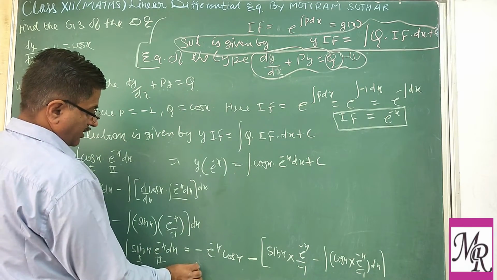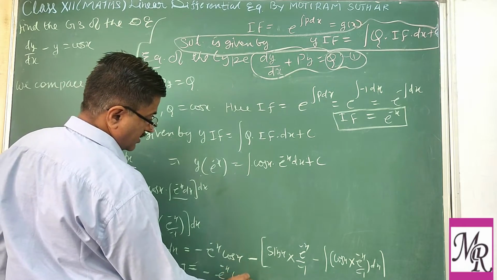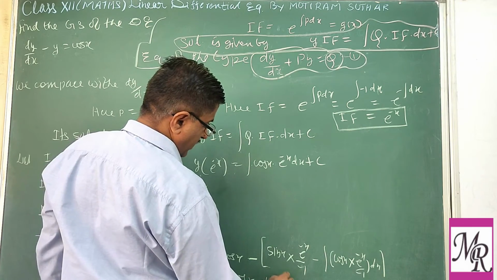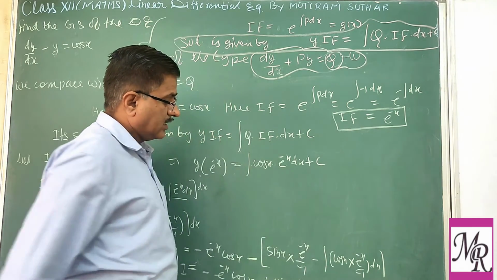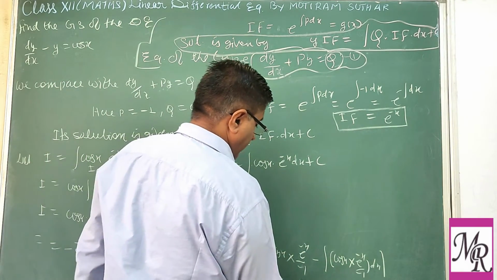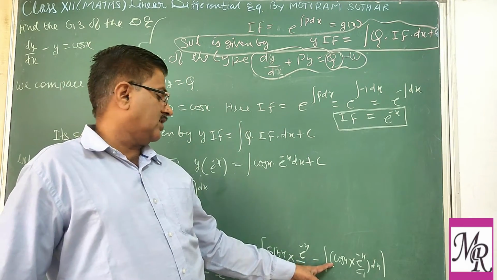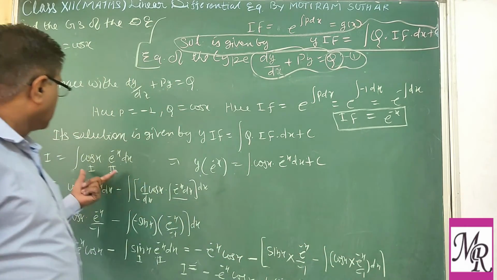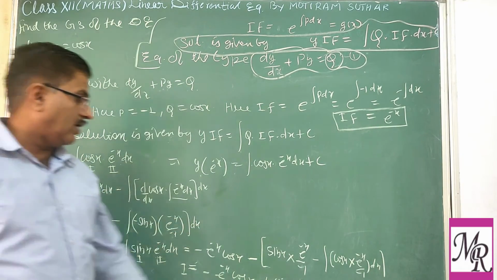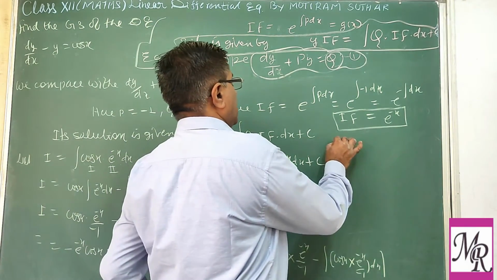So if you simplify, I is equal to minus e power minus x cos x minus this minus, minus plus, so sin x e power minus x. Now here this minus, minus and minus, so again minus. And the remaining value is I. Here you can say the integration of cos x e power minus x, that is I. So this can be replaced as I. Now I minus I, we transfer to this side.